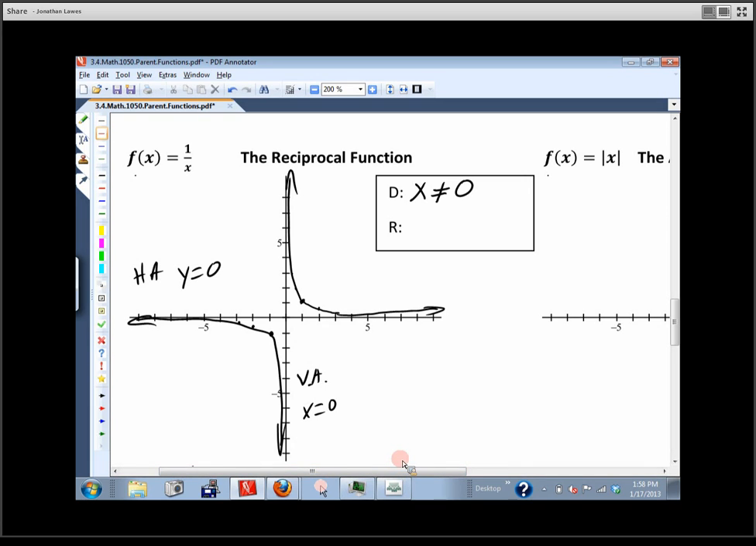Now, the last thing we need to fill in on this is, what is the range? Yep. You can get any y you want out except for,